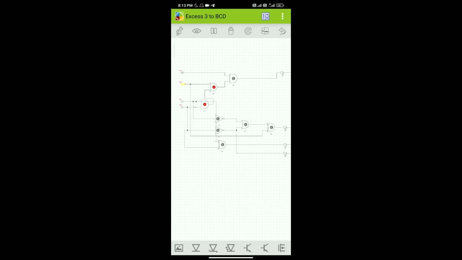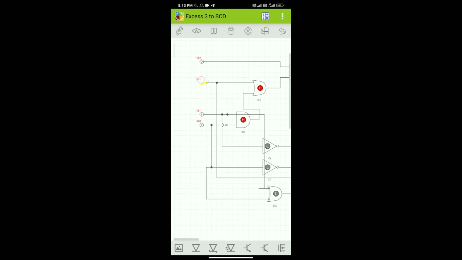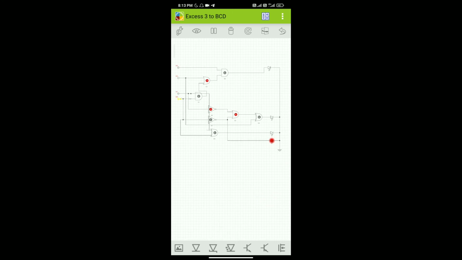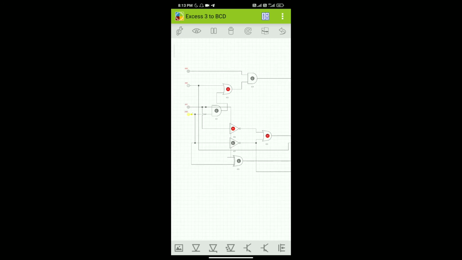Let's try the next one, 0100. Setting it, we are getting 0001. It's correct. Next, let's set 0101.